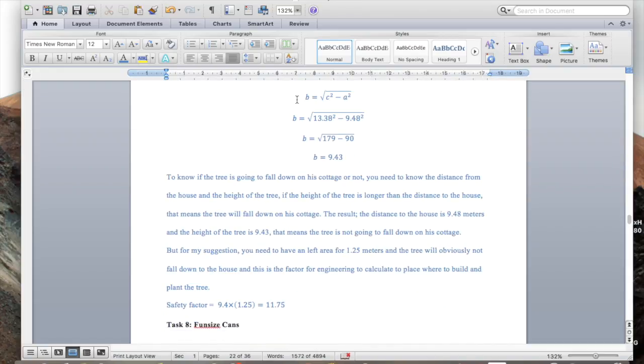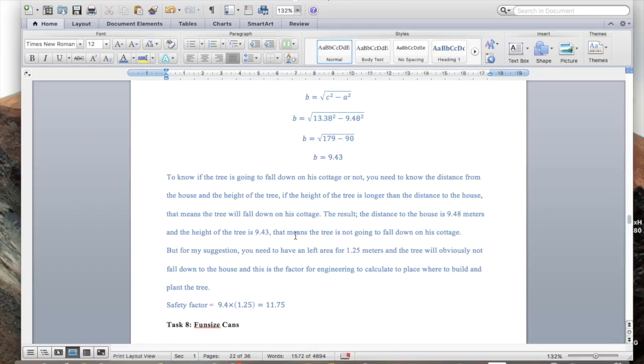I gave an explanation that to know if the tree is going to fall down on his cottage or not, you need to know the distance from the house and the height of the tree. If the height of the tree is longer than the distance to the house, that means the tree will fall down on his cottage. The result is the distance to the house is 9.48 meters, and the height of the tree is